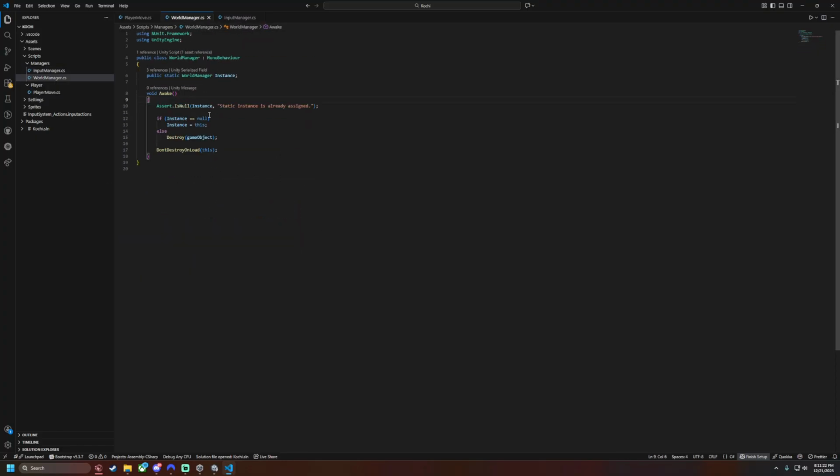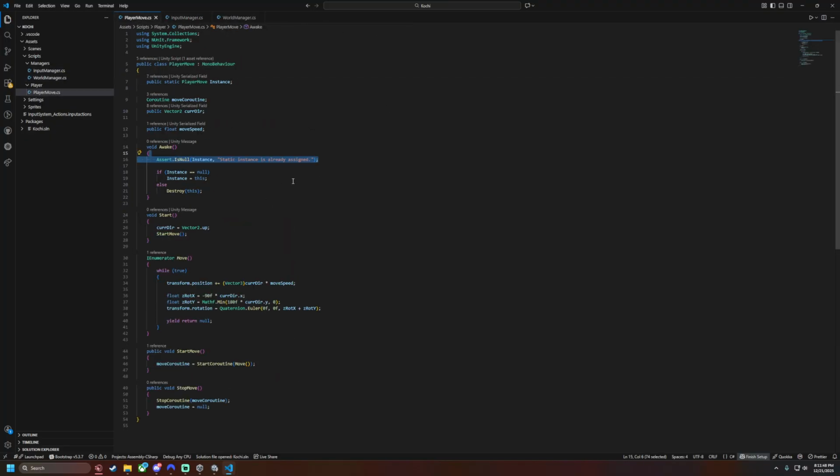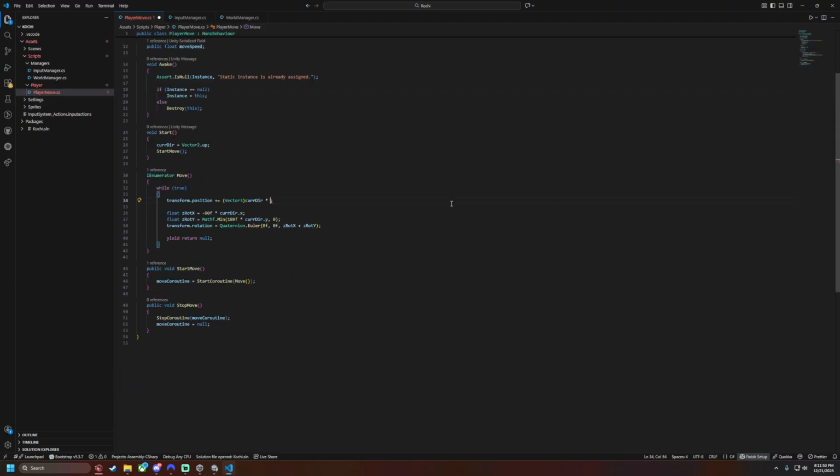So instead, we're gonna have a world manager, and we're gonna have probably a bunch of public, like public float grid size maybe. We can default it to, I want to say maybe a 5. So like a 5 grid. It's always going to be a square grid, so we don't have to worry. It's just going to be one thing. So we're going to do the direction times the world manager